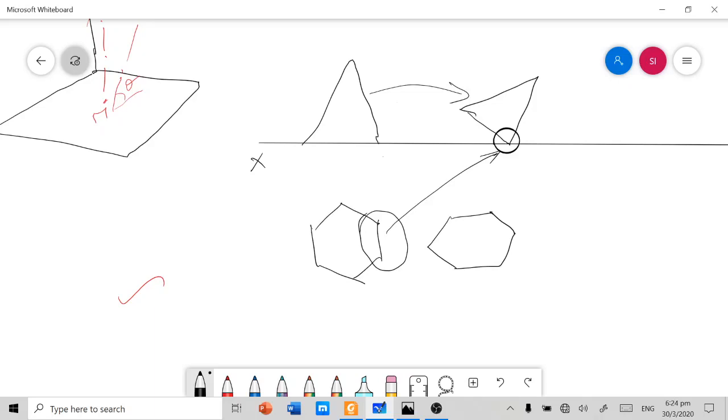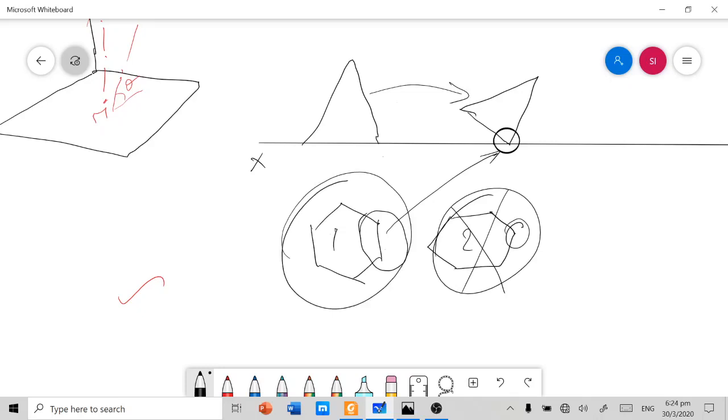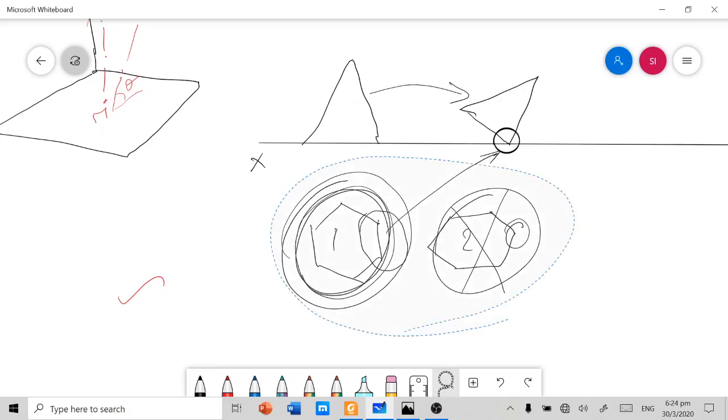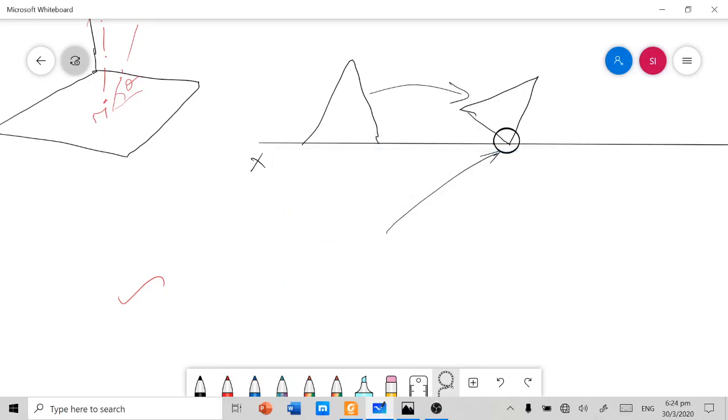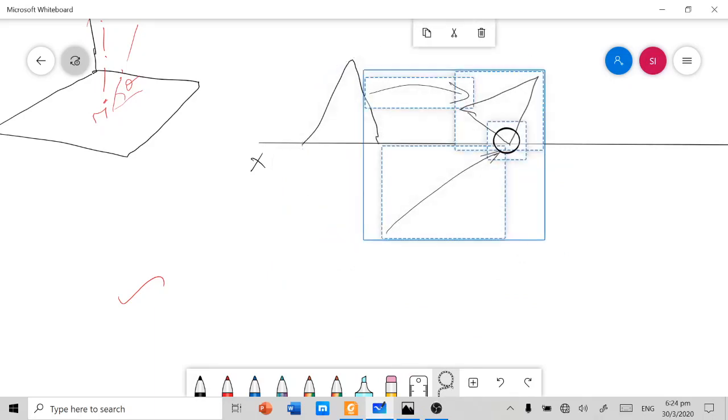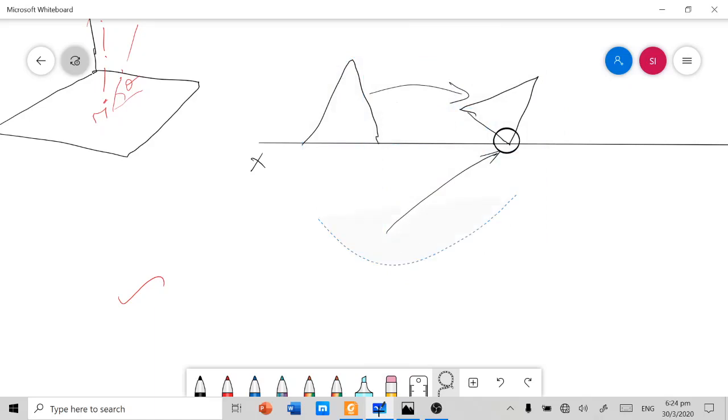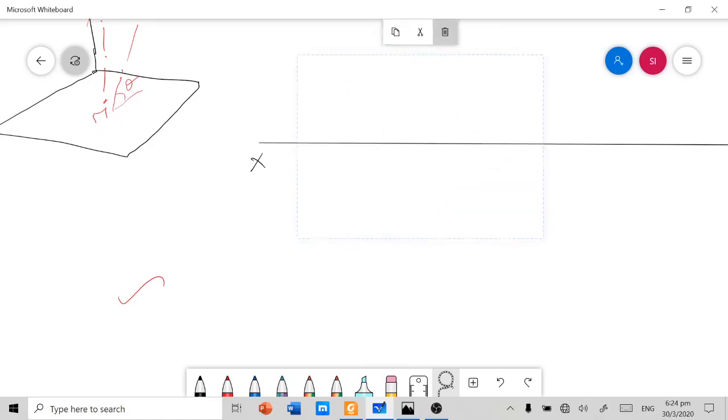For this purpose, among choice 1 and choice 2, choice 2 is wrong. This will lead the solid to rest on one of its base corners, but in this problem we need to make the solid rest on one of its base edges. So you have to select choice 1. In this alignment you have to draw the hexagonal base for this solid. Let me draw the hexagonal base of the solid.